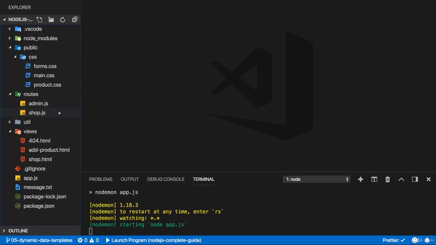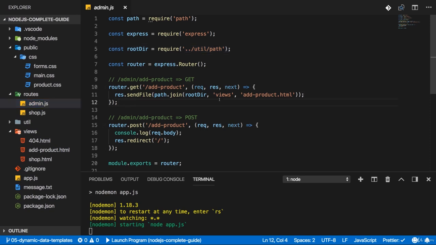And right now we don't really work with data in our app, right? In admin.js, for example, we do get that data for a product here in the post route, but we just log that to the console. We're not storing it. We're not working with it. And working with it is kind of hard right now because we have no database where we could store it